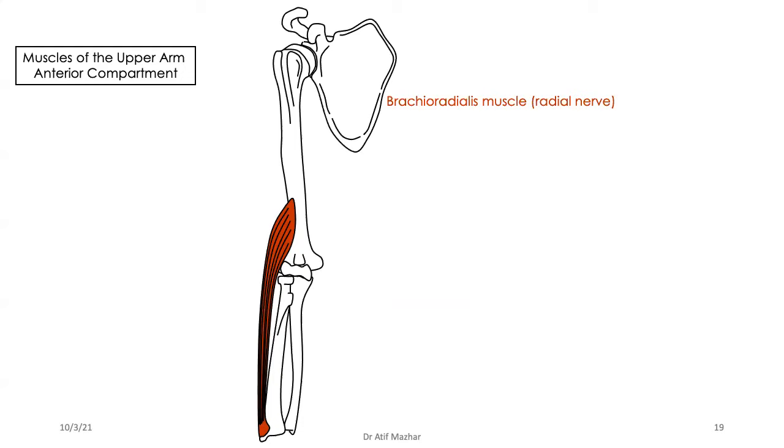But this muscle acts as a very significant flexor when my arm at the elbow is in mid-prone position. Let's say someone's musculocutaneous nerve is cut. They cannot bring flexion at the elbow. But if you bring the hand in mid-prone position, you can bring flexion at your elbow joint. Who's doing it? Brachioradialis, because the musculocutaneous nerve is cut, but the radial nerve is not cut. Are we clear with this?